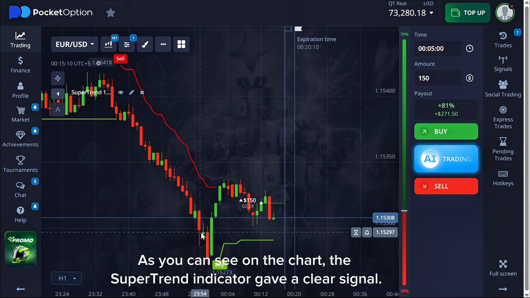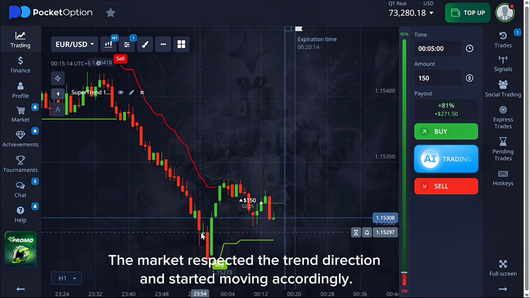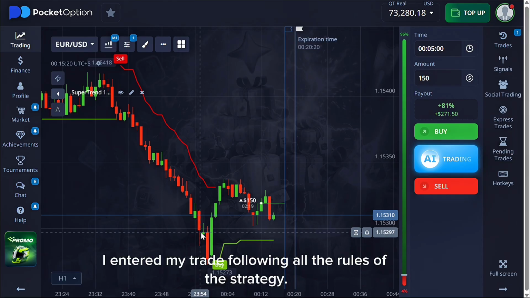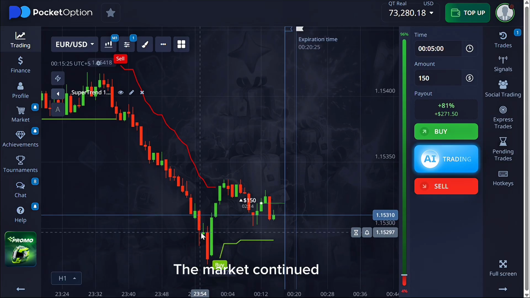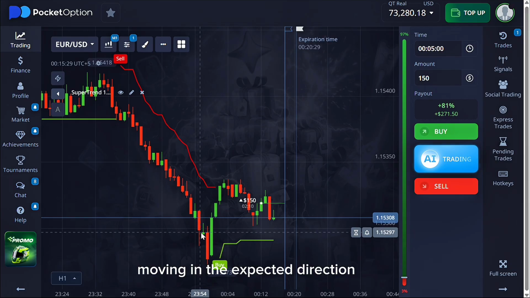As you can see on the chart, the Super Trend indicator gave a clear signal. The market respected the trend direction and started moving accordingly. After getting confirmation, I entered my trade following all the rules of the strategy. The market continued moving in the expected